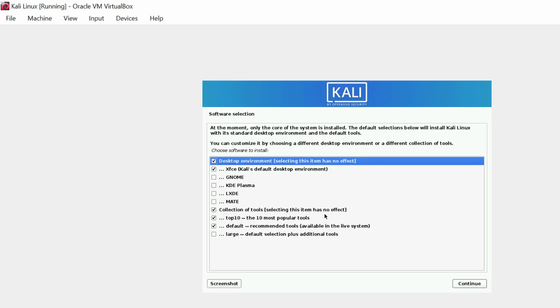Now you see this is the selection. By default this is the Kali desktop environment. I leave it as default and go to continue.